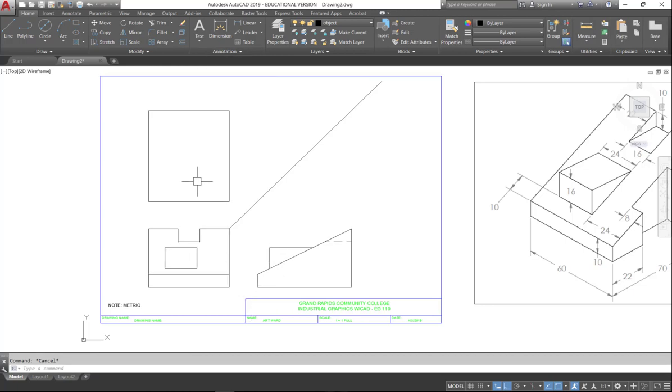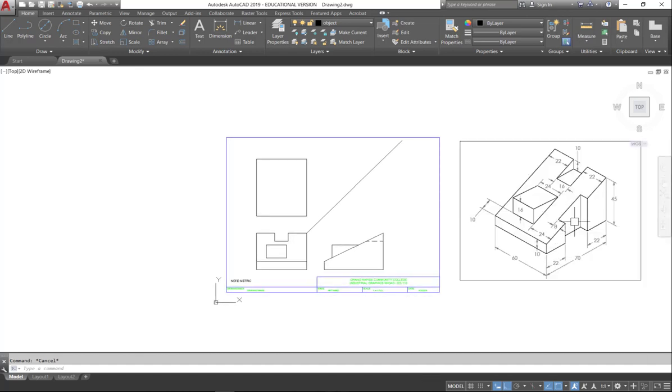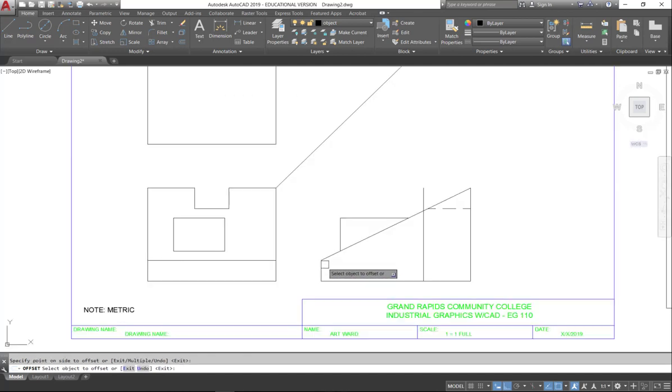I still don't have it in the top view yet, but there's still more that I need to draw. So let's take a look at this little notch that's out of here. And we know it's over in 22 from each side. So again, let's offset 22, and we'll offset this one here 22. We'll extend those up,